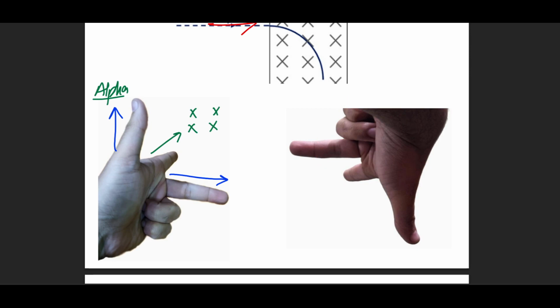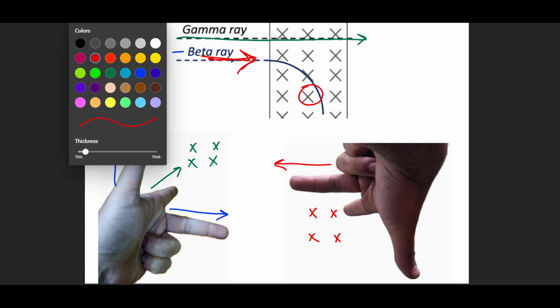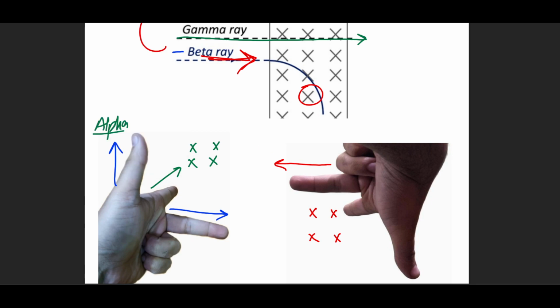Now, what's happening at this point? You can notice that the first finger is still pointing into the page in accordance with this cross. It is still pointing towards the board, right? Where you can see the cross right now. The second finger is in the opposite direction of the beta particle. So I'm pointing it towards the left side, opposing the direction of the beta particle, right? Okay. And when you do that, you open up your thumb, it opens up downwards, and you can see that